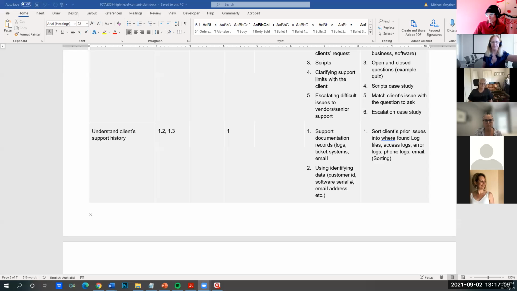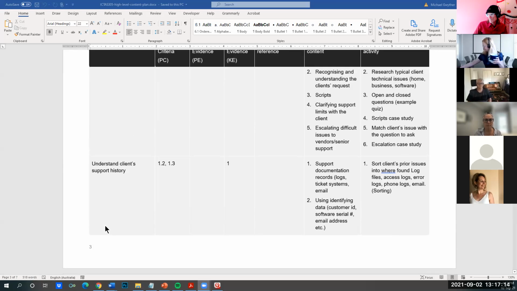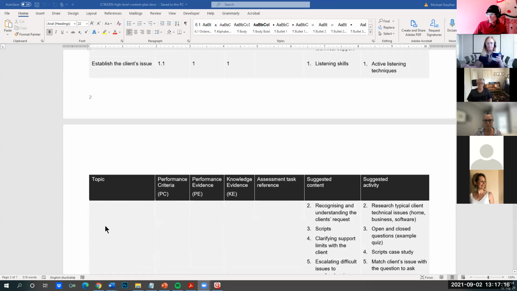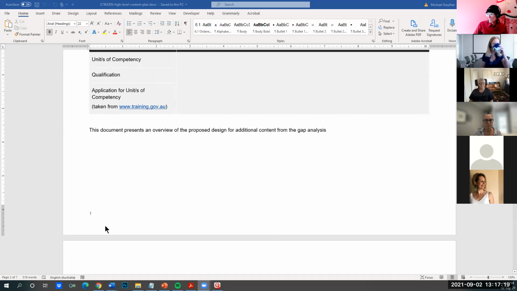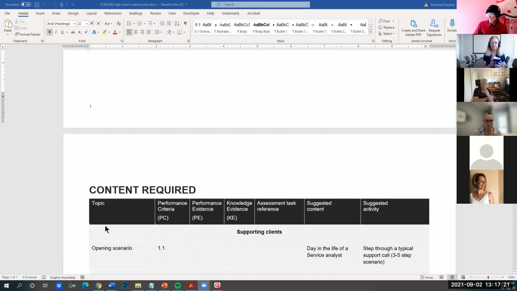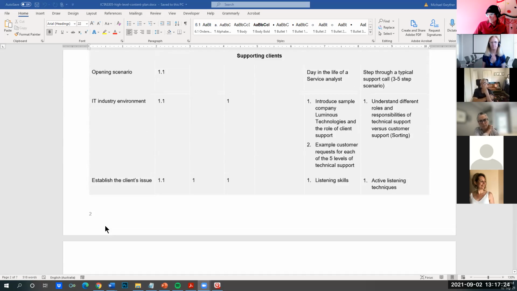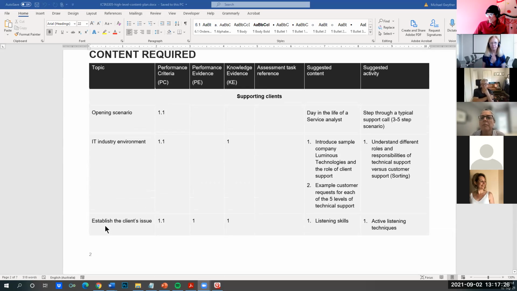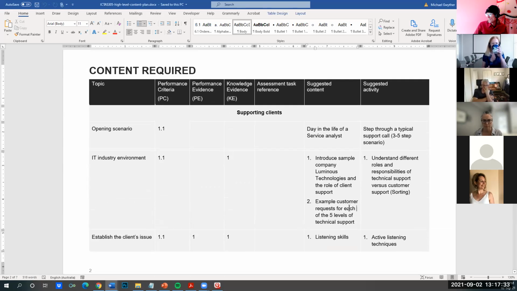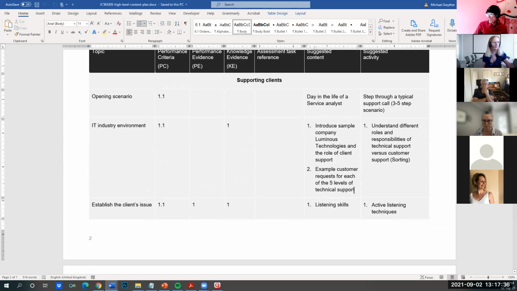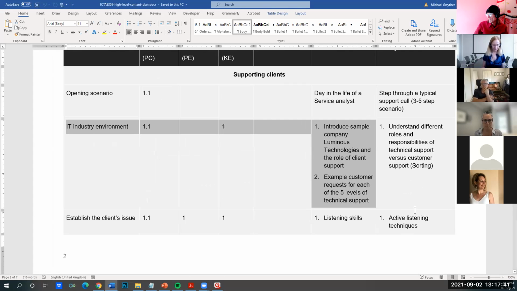So what you mentioned, Carl, is a really common problem. I'm not sure if you can see my screen or not. But this is where we start. And this is a unit around, I think, ICT support, this kind of industry. What we're trying to do is look at the content. They've got some content, but we're looking at gaps here and a learner guide that's not very good. So we're trying to say, how might we address that competency with some particular content, and then what activities might support that.